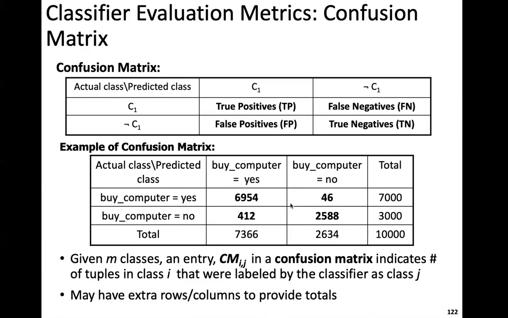Then you have what are called false negatives. False negatives are when we insist on classification that this is not a bird or something like that, but in reality it is a bird. So our claim that it is not a bird is false. That is called the false negatives.